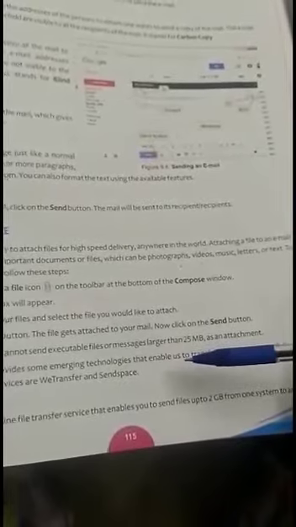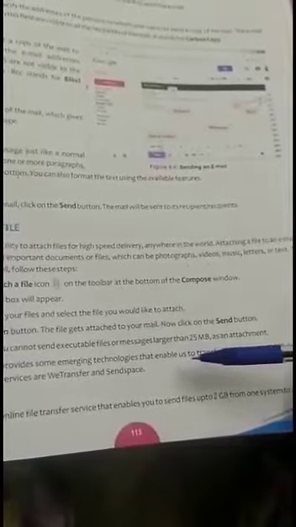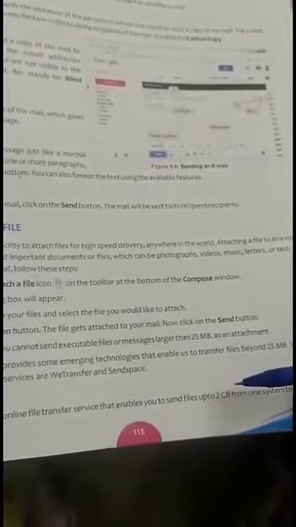Free users can send files of up to 2 GB, and the paid WeTransfer Pro allows users to send up to 20 GB at a time, and this facility was launched in 2009.